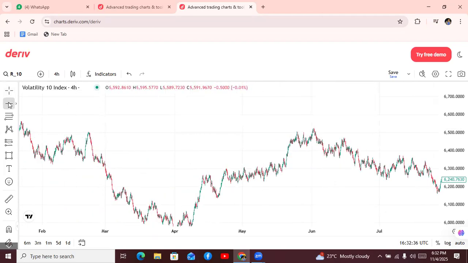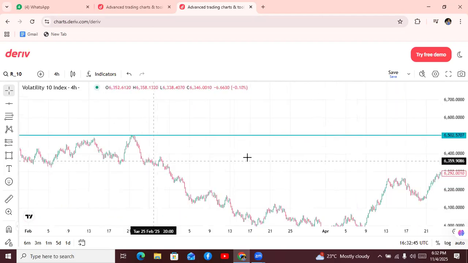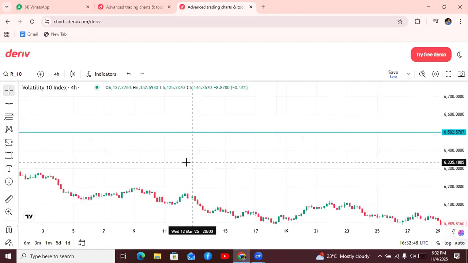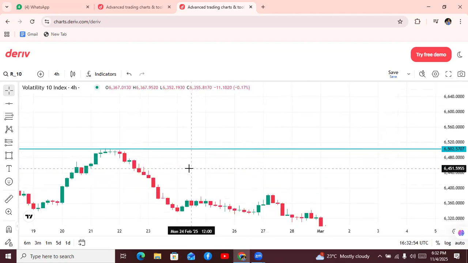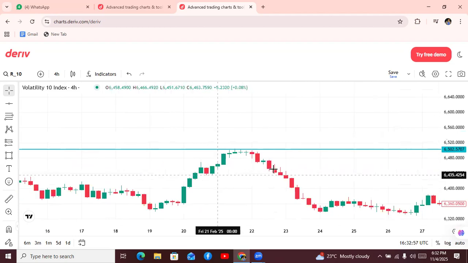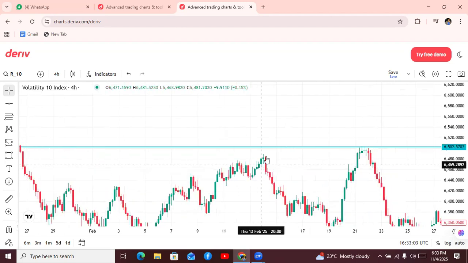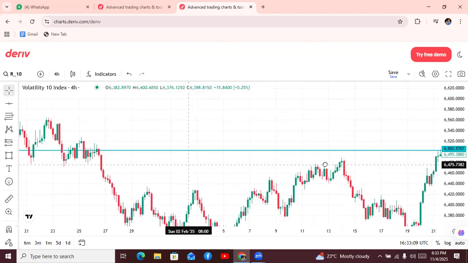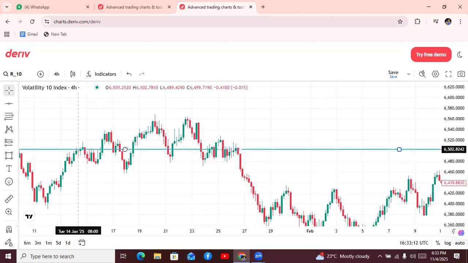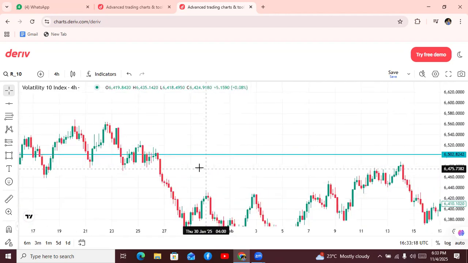Let us look at this resistance level, this one there. I want us to look at this resistance level. This is our resistance level, and this level goes all the way up to that. So now if we look at this level,